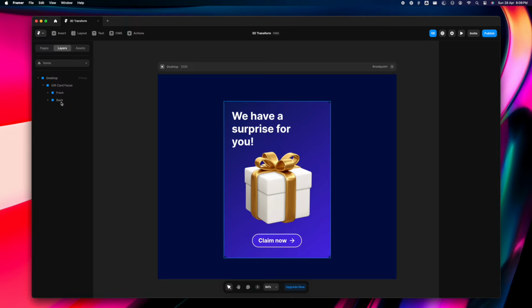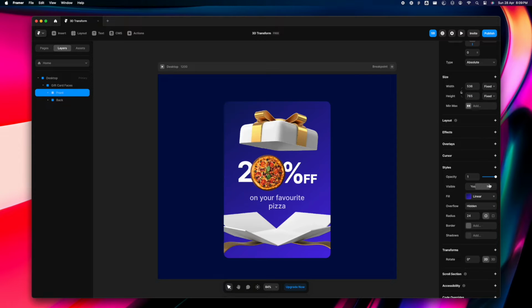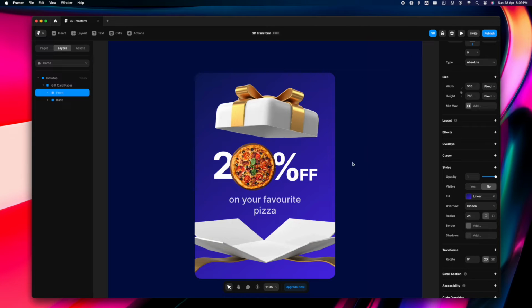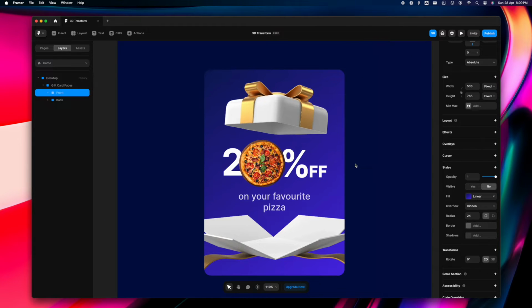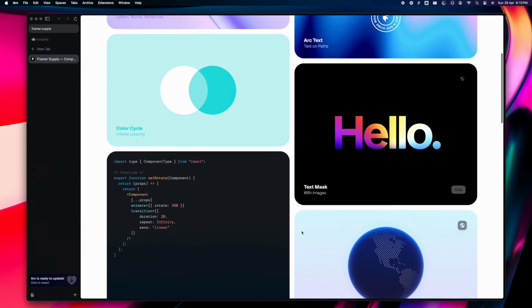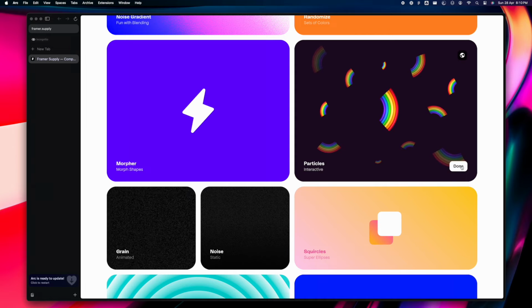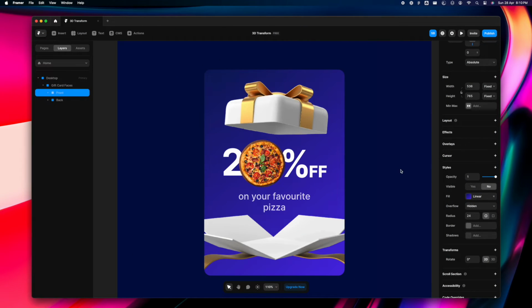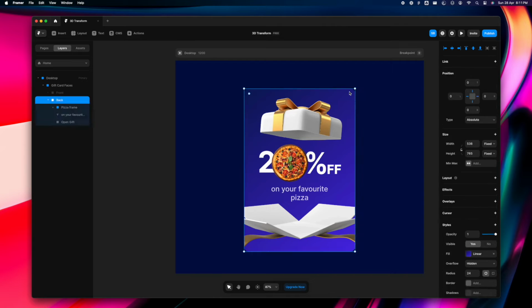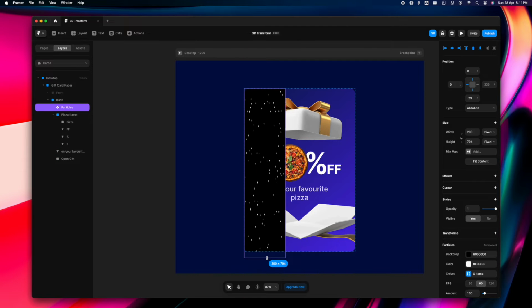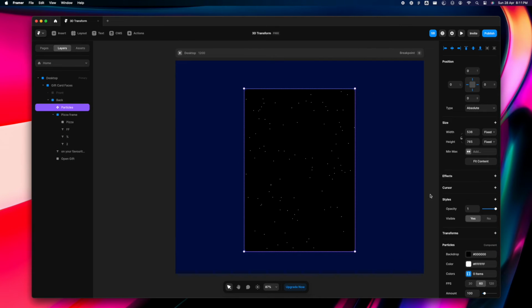But before we hop on to animating the card, there's one more thing I want to add here. So I'm going to turn off the visibility for the front card. I want to add some sparkling elements to this gift card, like when you flip the card, you can see some golden elements flying. So let's switch to Framer.supply, where you'll find a bunch of Framer components. I'm going to copy the particles from here and paste it right inside the frame. So we're going to quickly resize it and just adjust the properties of the particles.